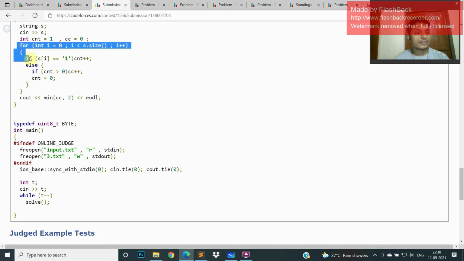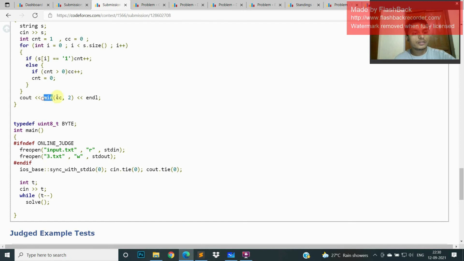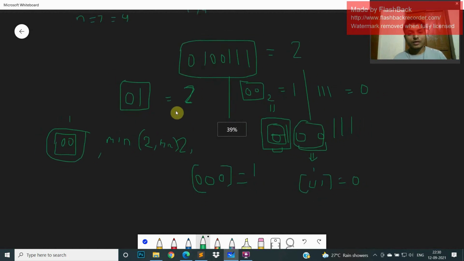This is the code which counts how many substrings only contain 0, or I say how many intervals contain consecutive zeros. That will be cc, and the answer will be the min of 2 and cc. Hope you understand this problem. It's an easy problem.